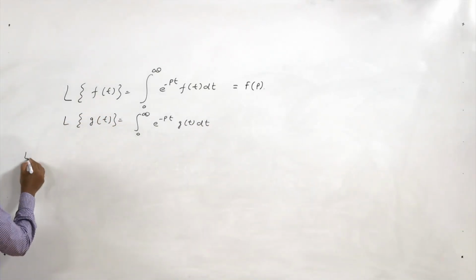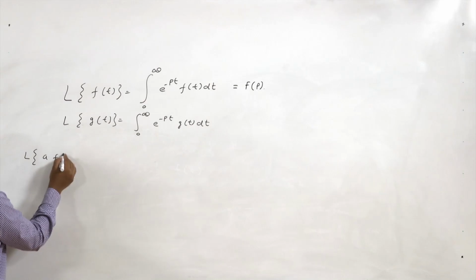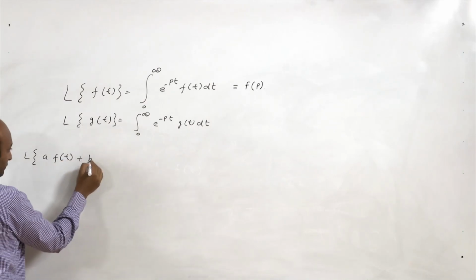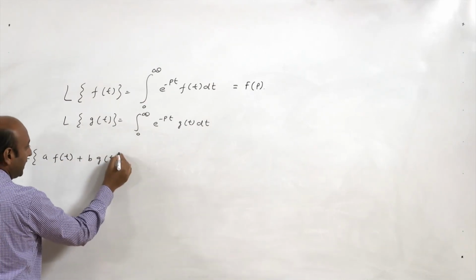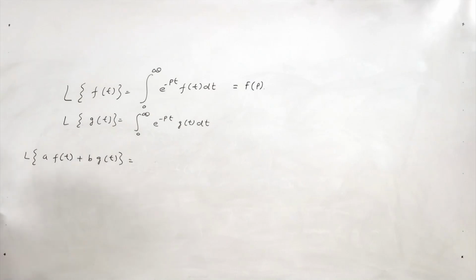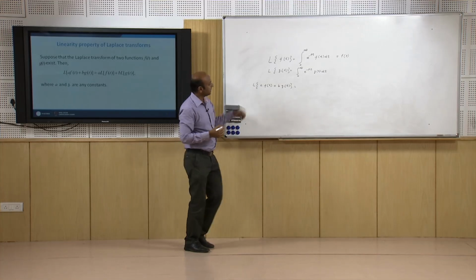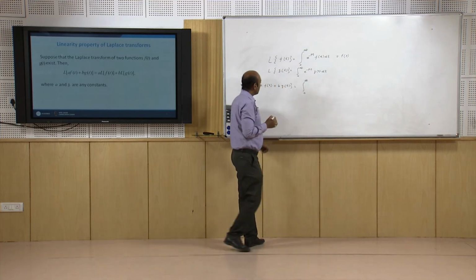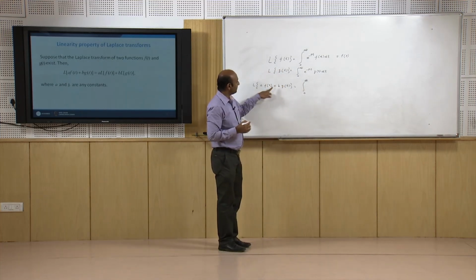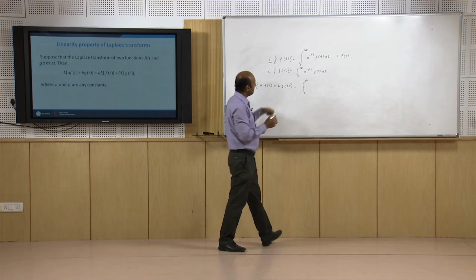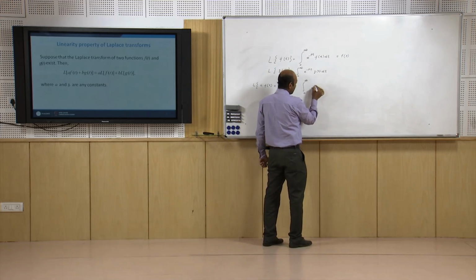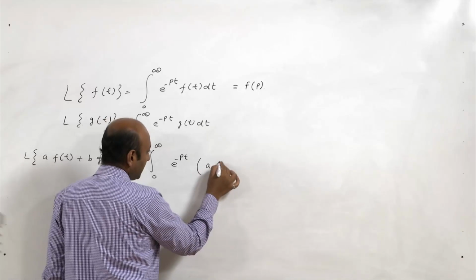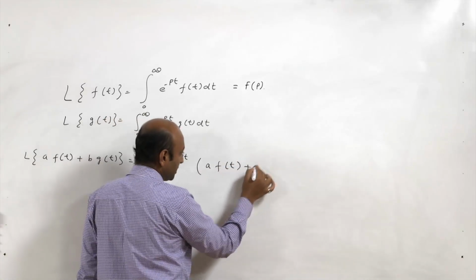So the Laplace transform of a f(t) plus b g(t), where a and b are any arbitrary constants, is nothing but the integral from 0 to infinity, where the function is a f(t) plus b g(t), so e to the power minus pt times a f(t) plus b g(t)